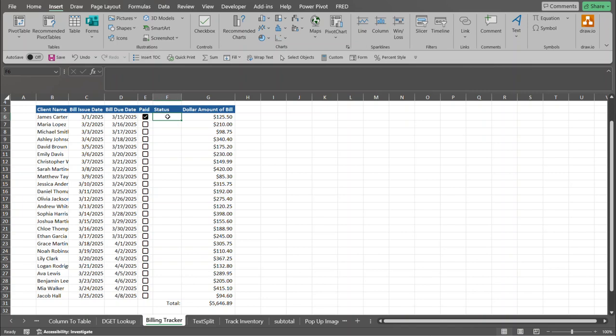So this is important as we come over here and create a formula for the status. So we're going to do an IF statement. Tab over. Our logical test is we're going to select this field and keep it relative because we're going to copy this down. And then if this field is equal to true,